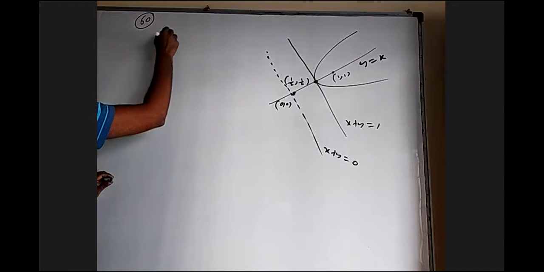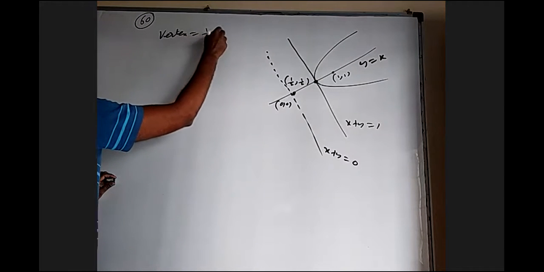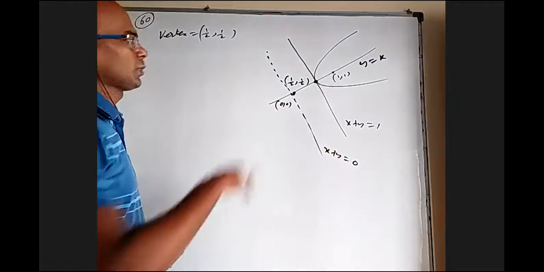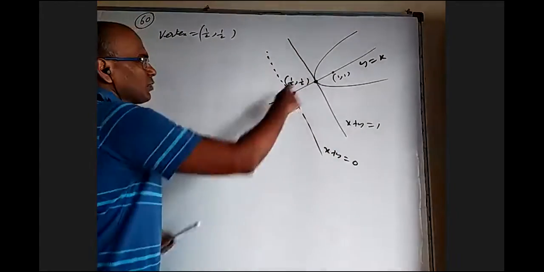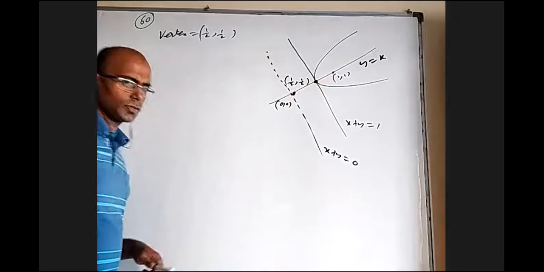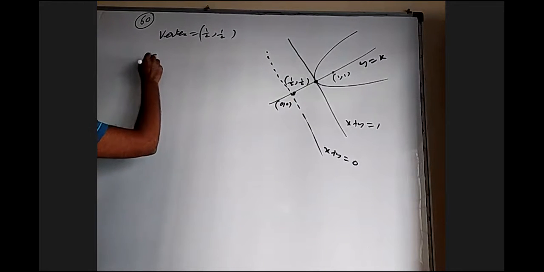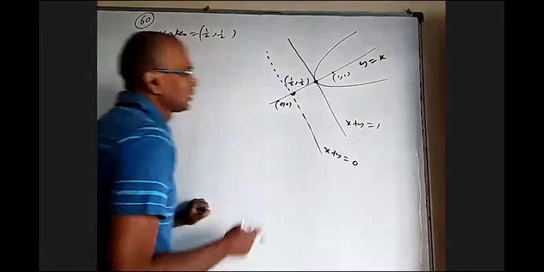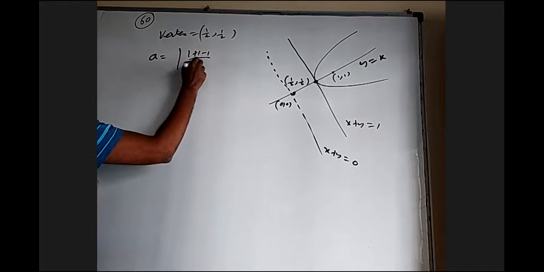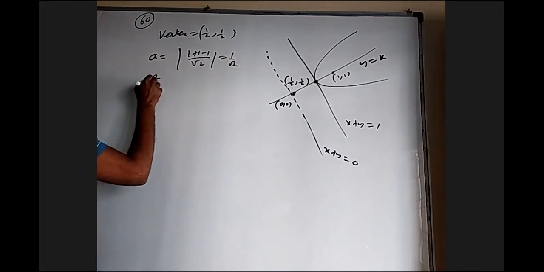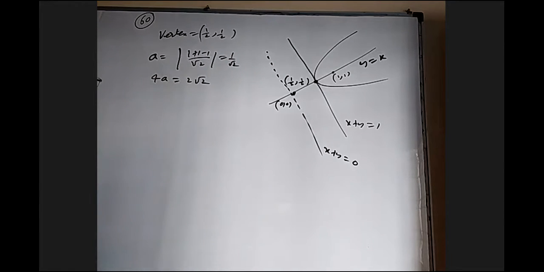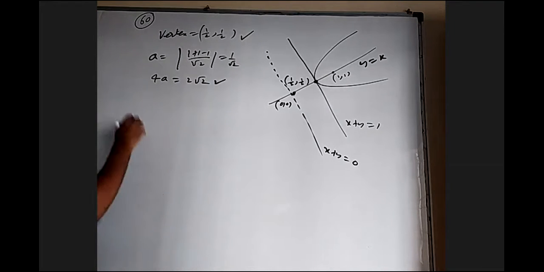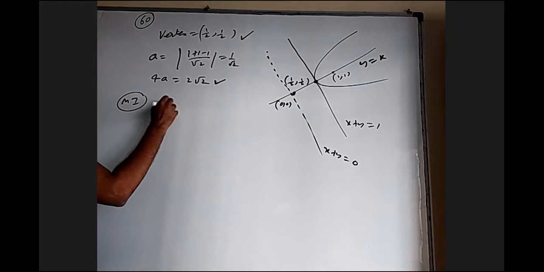So first, the vertex is (1/2, 1/2). For us, only two things are given: the focus and the tangent at the vertex. But by drawing a proper figure and understanding, we are able to find the vertex, axis, and the directrix. And the value of a will be nothing but the perpendicular distance from (1, 1) to this line. That will be mod of 1 plus 1 minus 1 over root 2, which is 1 over root 2. So a will be 2 root 2 times, so that is the length of the latus rectum. So we know the vertex and the length of the latus rectum. Now for the parabola, method 1, somebody can use SP equal to PM.